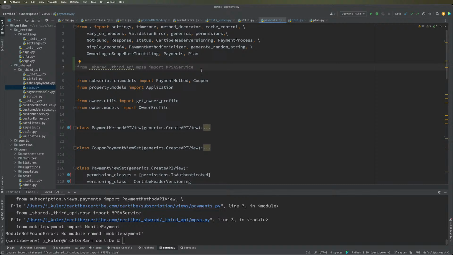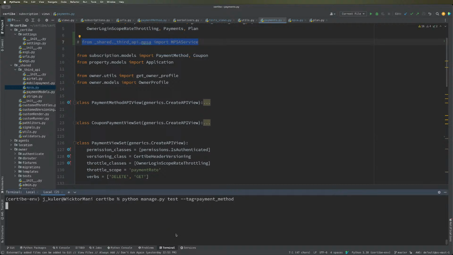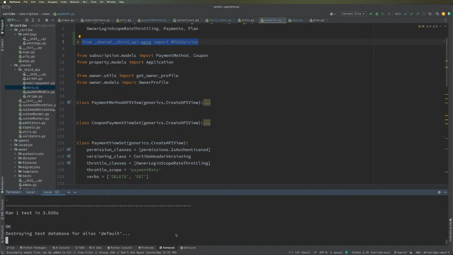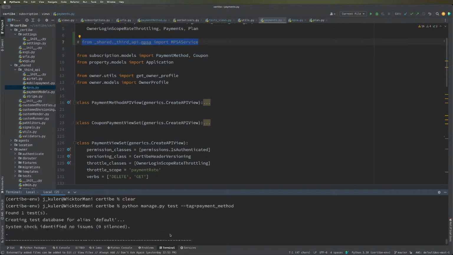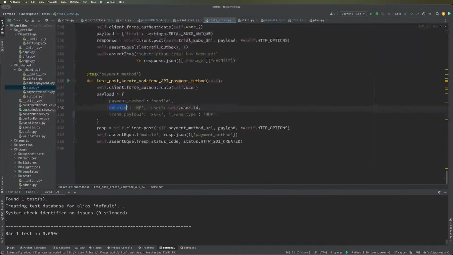I don't know why it's failing. Let me comment that out. I'll be back, but let's see what's gonna happen. Okay, so it works, but we need to expose the